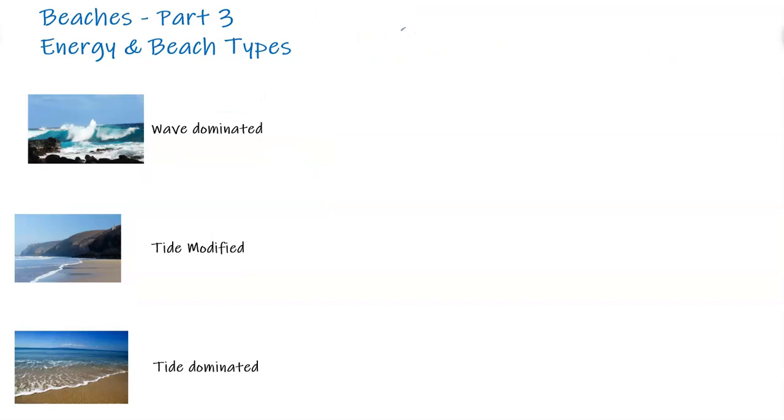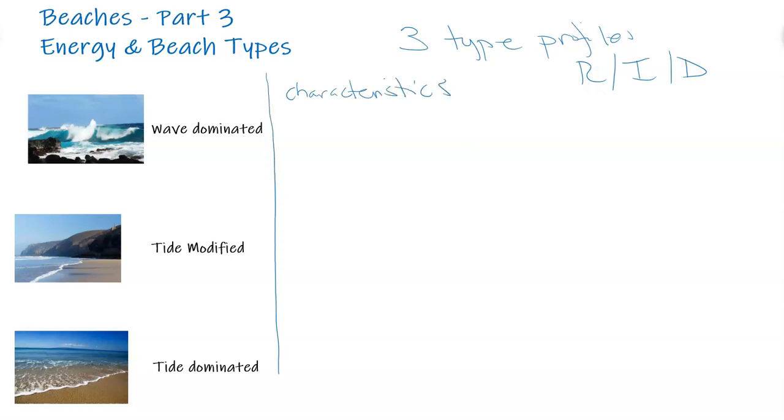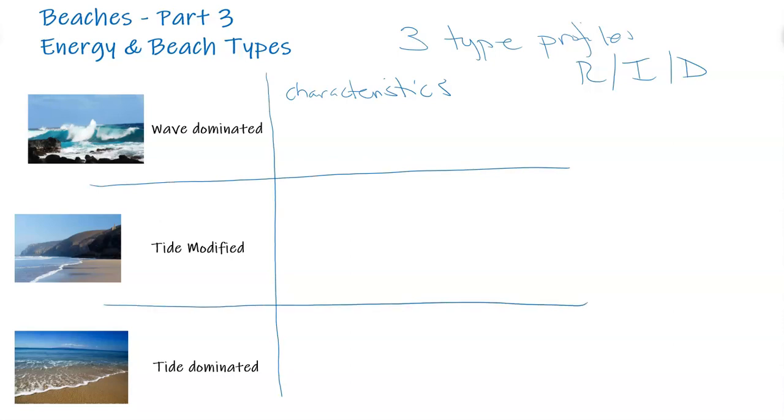So we've gone through the three types of beach profiles: reflective, intermediate, and dissipated, right? And which one's there? So wave dominated, again, wave dominated has characteristics. So I'm going to put a little line down here, and let's do this, little characteristics. Here we go. So the tides, or the tidal range, I'm going to put the RTR, is generally less than